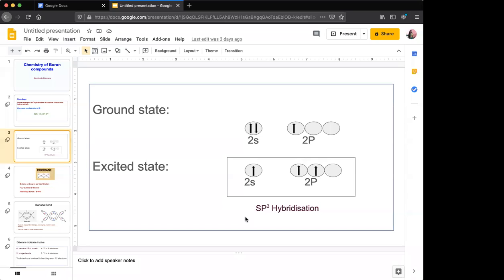And the hybridization is sp3 hybridization. So this s orbital and 2 sub-orbitals of this 2p orbital are involved in sp3 hybridization. As you can see, this is a vacant sub-p orbital, right? This vacant orbital is also involved in the hybridization. That's why boron undergoes sp3 hybridization, meaning 1 s orbital and 3 sub-orbitals of p orbital, right? So the hybridization is sp3.